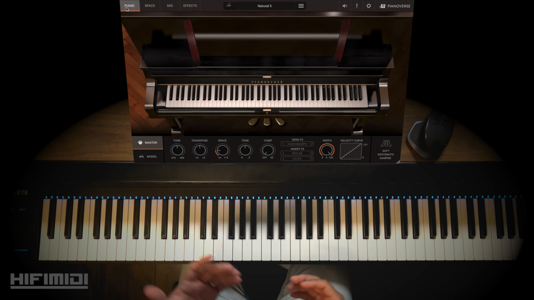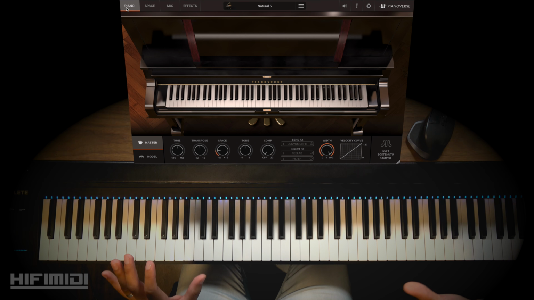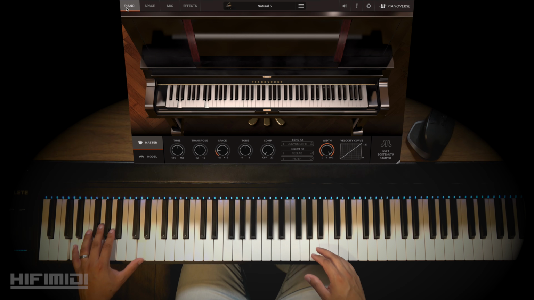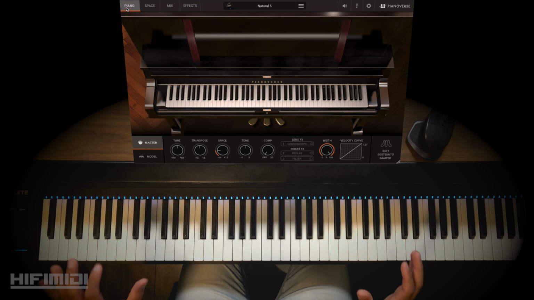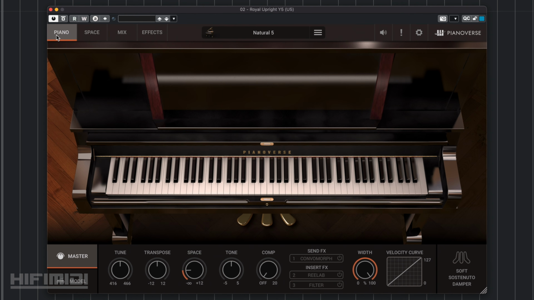If you have headphones on, you'll hear how as you play higher, it sounds like it's coming from the right side just a little bit, and then the lower notes are coming from the left side. I just really love that. And this Yamaha has a beautiful ring to it, that famous Yamaha brightness. All right, let's listen to the Steinway